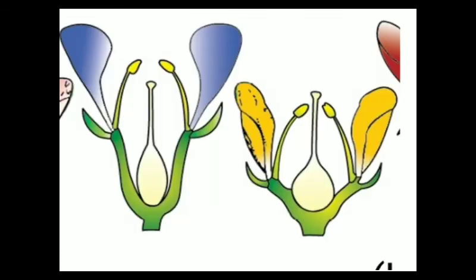And such a type of ovary present in a perigynous flower is known as a half superior or half inferior ovary. In the old NCERT book it is given as half superior, half inferior, but in the recent NCERT book you can see that it is given only as half inferior ovary.